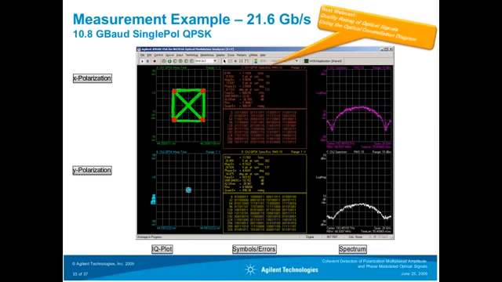If you have only single polarization, then of course the actual data rate is only half of it. So you have only the gain of a factor of 2 from the QPSK. So it's 21.6 gigabit per second. You have most of the signal coming into the X polarization. There's only a small portion of the signal coming onto the Y polarization. There's some different algorithm available so that you can basically rotate back the polarization so that all the signal is confined into one channel, and you can do all your measurements in this one channel.